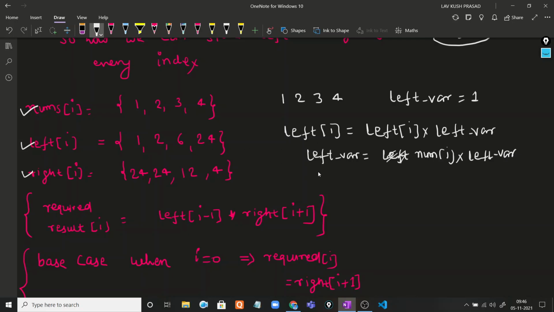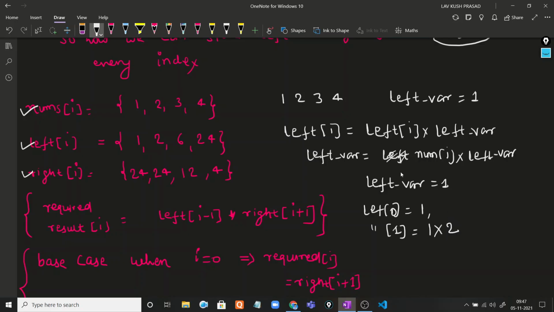So in this case, if we dry run this solution, left var is equal to 1, and for the current i, the left[i] is equal to 1, right, for the 0th index. And for the 1st index, what can you do? For the first index, we can multiply 1 into 2.